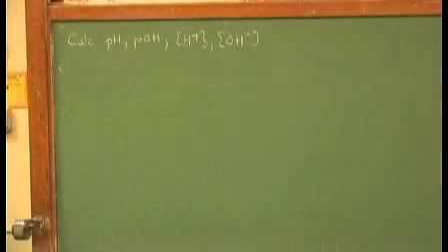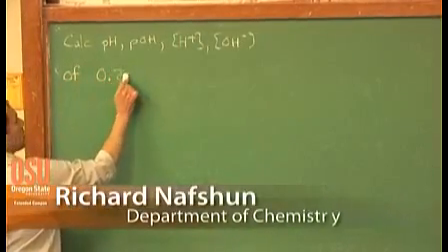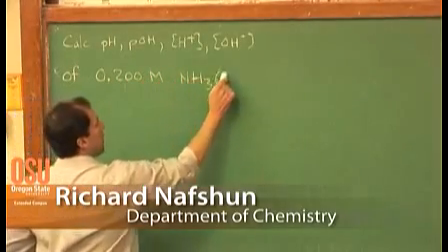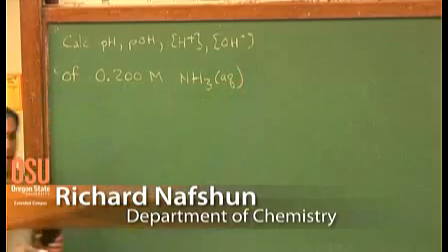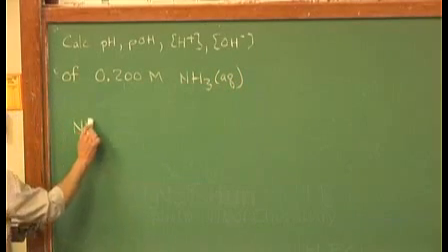The pH, something called the pOH, the hydrogen ion concentration, and the hydroxide ion concentration. So this would fully characterize a solution of, let's go with 0.200 molar ammonia, NH3, as an aqueous solution. We need a balanced reaction. Ammonia, NH3,